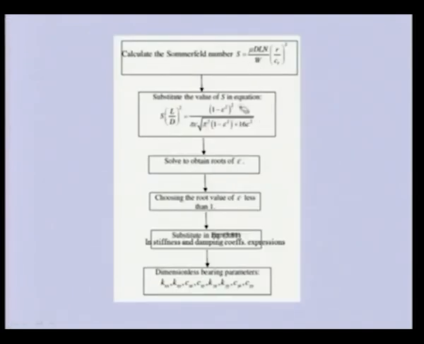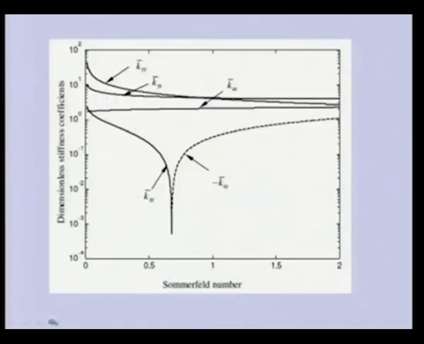Basically, this is the same procedure which I described, how we can get the bearing property using the Sommerfeld number and the expressions which are given previously. These are the plots of the stiffness variation with the Sommerfeld number. So, for various Sommerfeld numbers we have summarized this non-dimensional or dimensionless stiffness coefficient. So you can see the variation of various